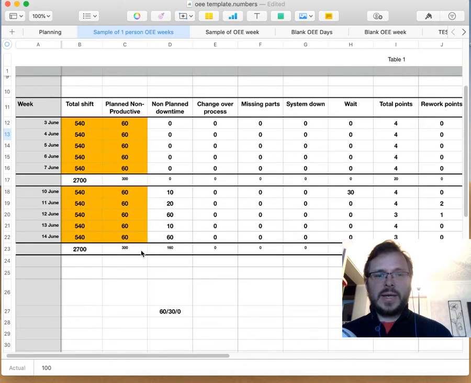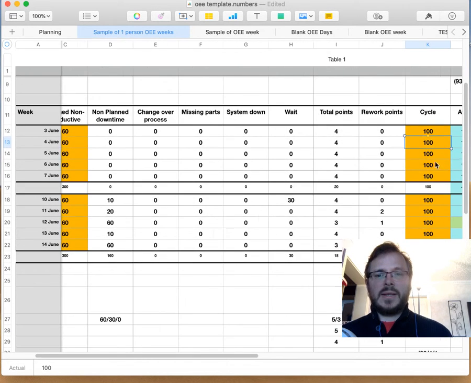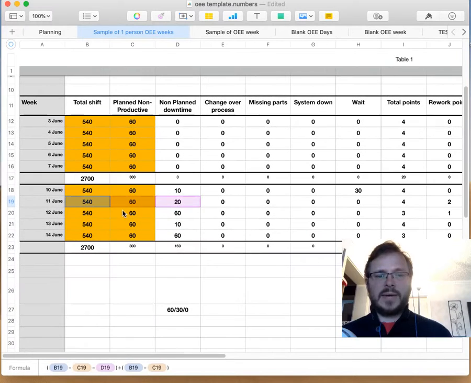So you've got the 60 minutes non-productive time. Just to go over this again, the availability is worked out as the total shift time minus the not planned non-productive time. That's the first figure, but then we divide non-productive time by that. So the sum of all the non-productive time, all three of those added together, divided by just the 2, is going to give us our theoretical percentage, or the theoretical target, and therefore, in this case, the percentage